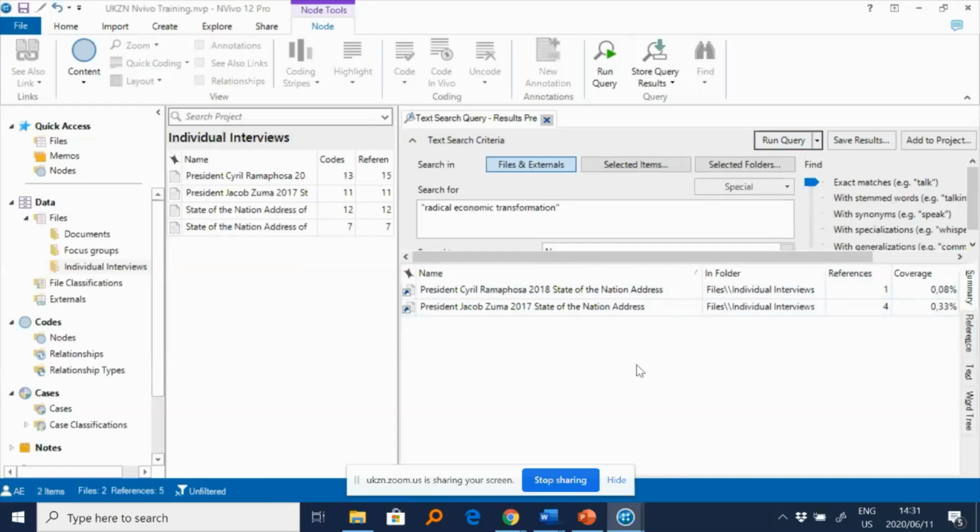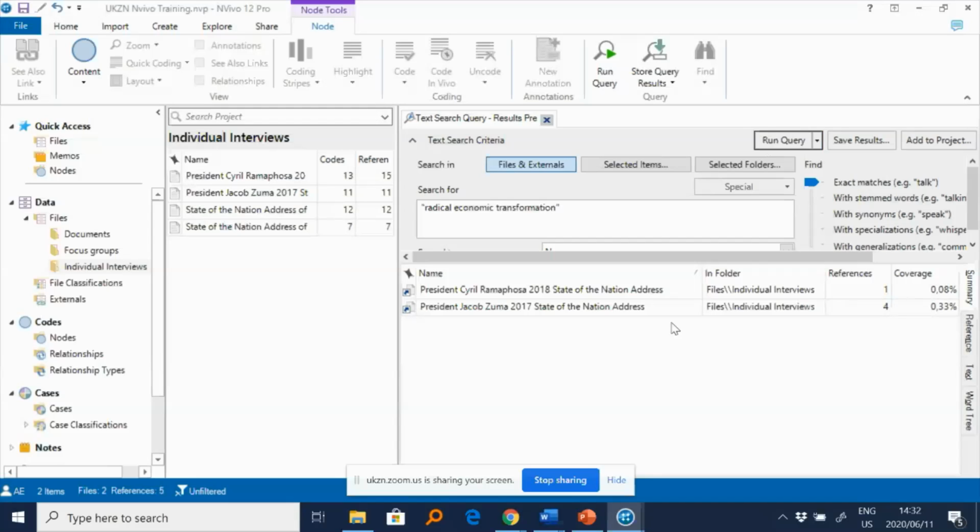And I would like to make this conclusion that from this, we can say with high confidence that this concept is statistically significantly related to Zuma and Cyril Ramaphosa. And having said that, I know Prof will kill me because it's not correct. I've taken only four transcripts, and there are so many others. Also, this is not quantitative research.